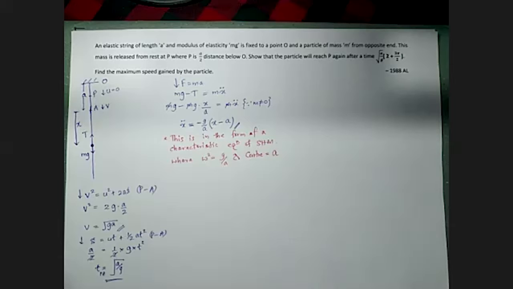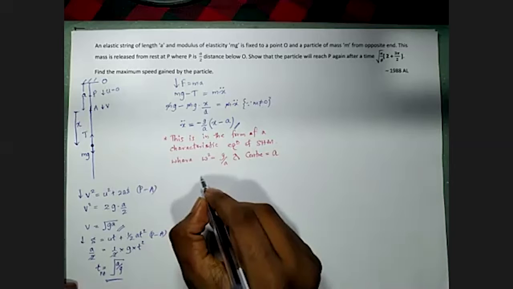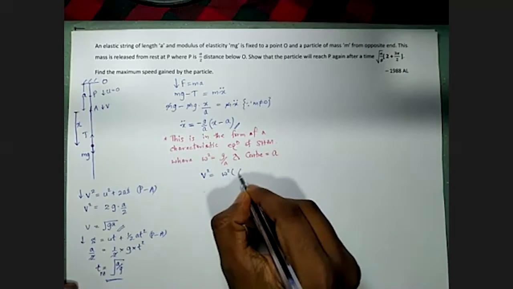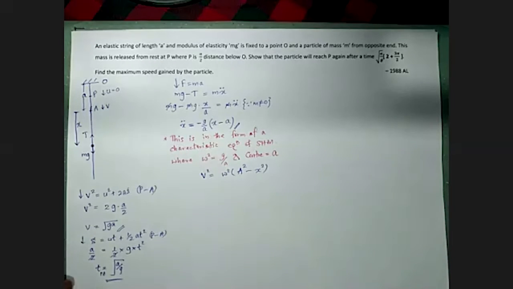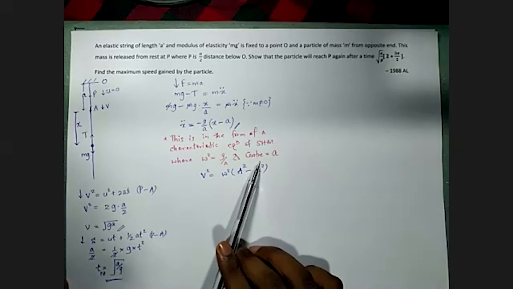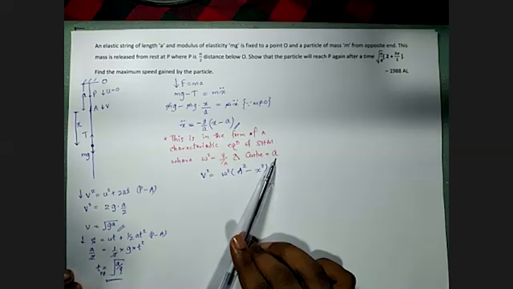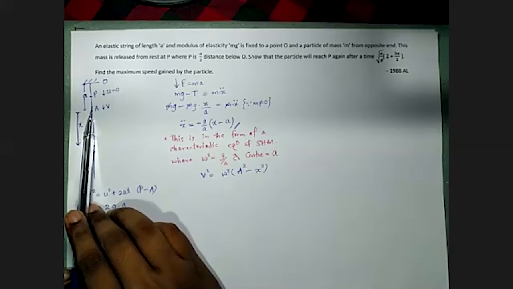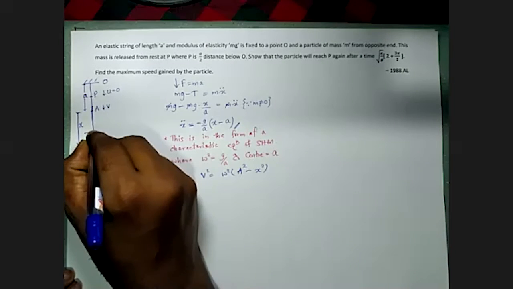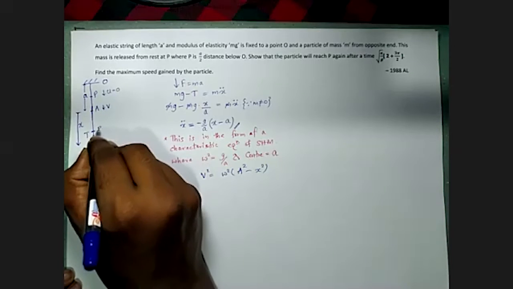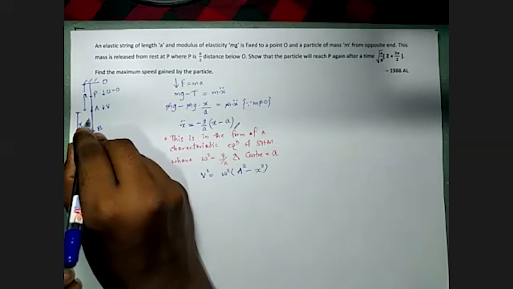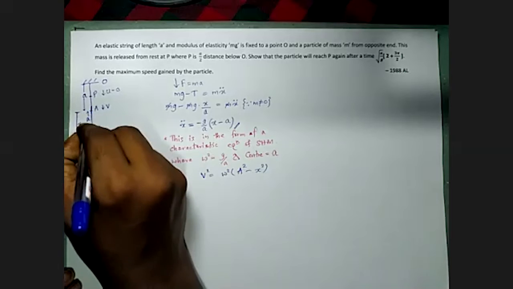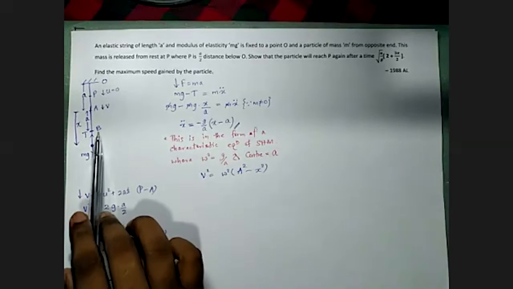Now the second part is to find the amplitude of this motion. For that we have to apply this equation. Center of the simple harmonic motion is A. That means x becomes A. X is measured from our capital A point. Let me mark the center point as B here, which is A below capital A point. This is the center of the simple harmonic motion.